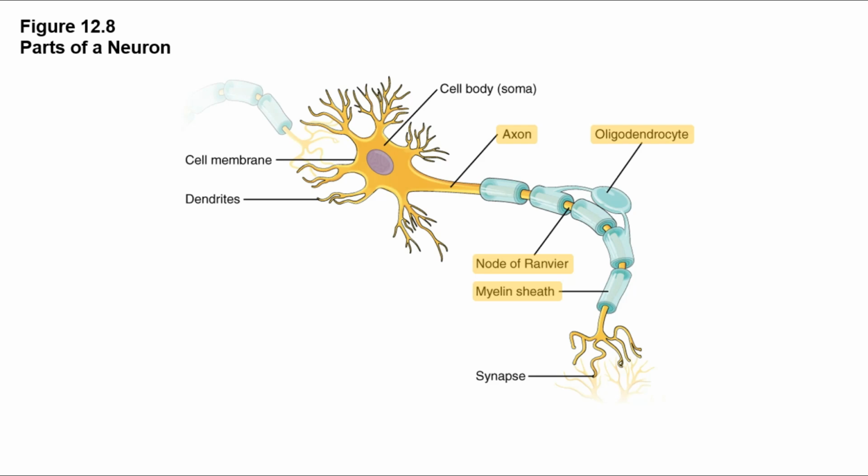Myelin wraps the axon at regular intervals, leaving small gaps of bare axon called the nodes of Ranvier, which are exposed so that the electrical activity of the action potential can be regenerated at the nodes. For neurons of the central nervous system, myelin is formed by cells called oligodendrocytes, while neurons in the peripheral nervous system have myelin that is made from cells called Schwann cells.